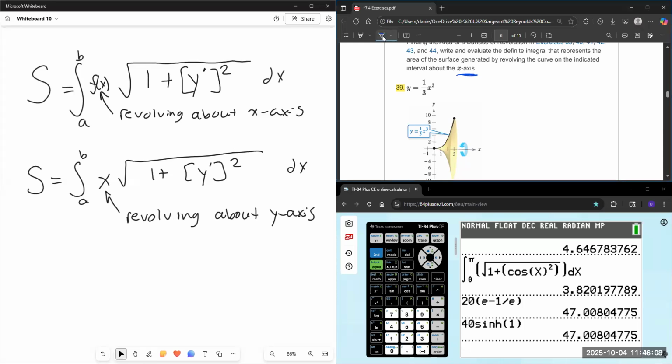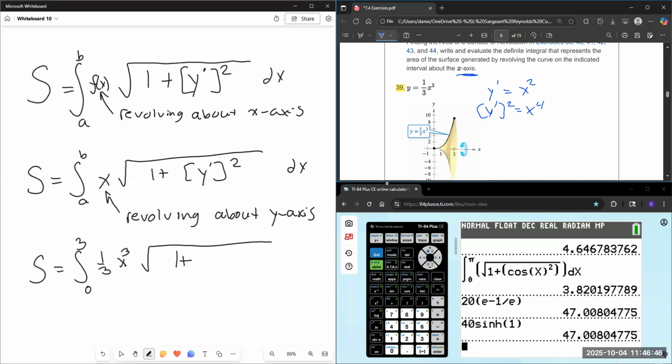So we'll be using that first formula, and we'll need to multiply by our original function in our setup here. So capital S is equal to, and we're going from 0 to 3. We see that on our graph. And we need our y, which is 1/3 x cubed square root of, and our derivative y prime is going to be x squared. So 1 plus x squared squared